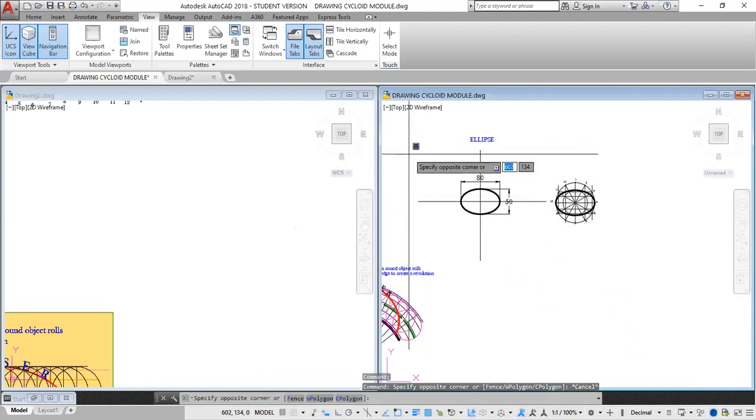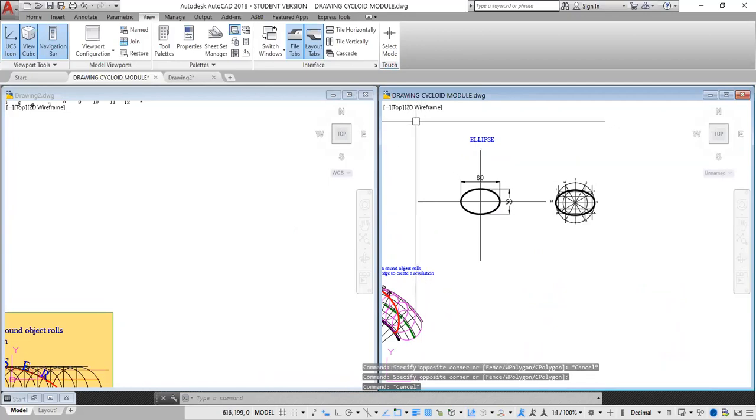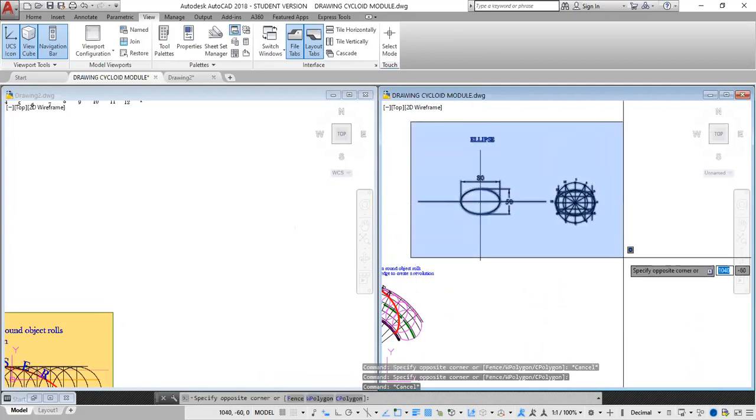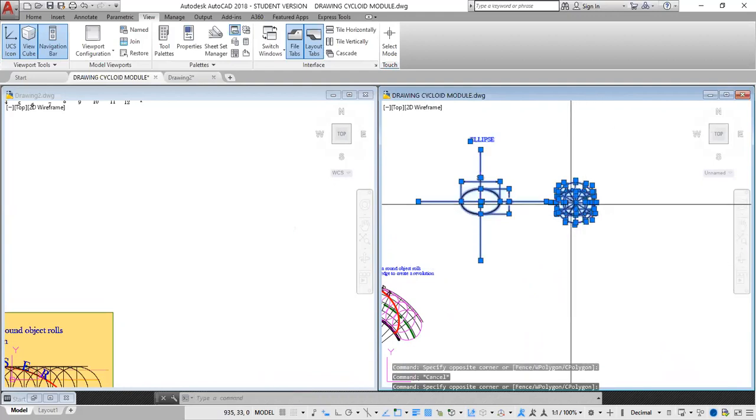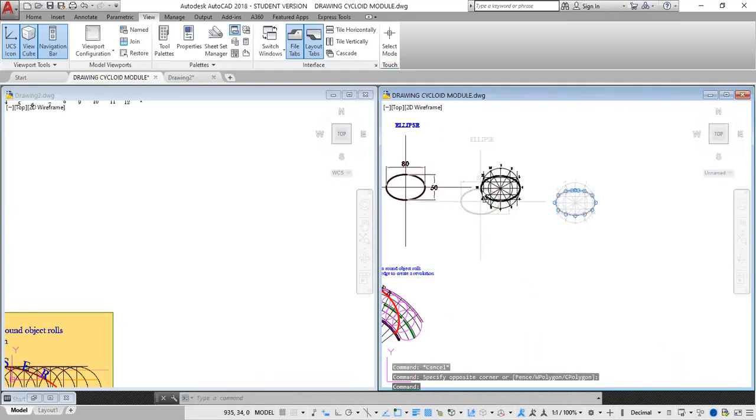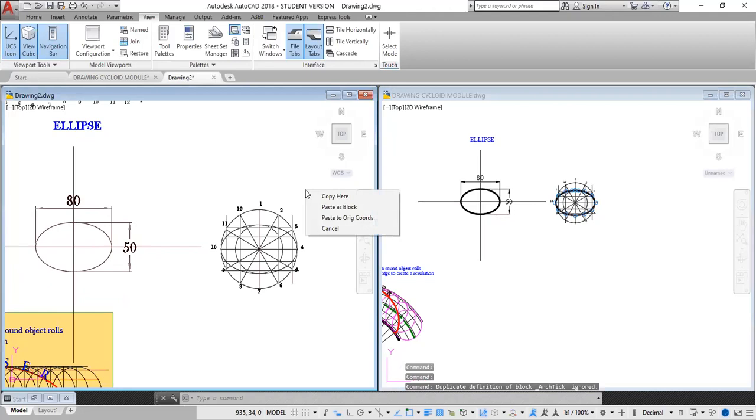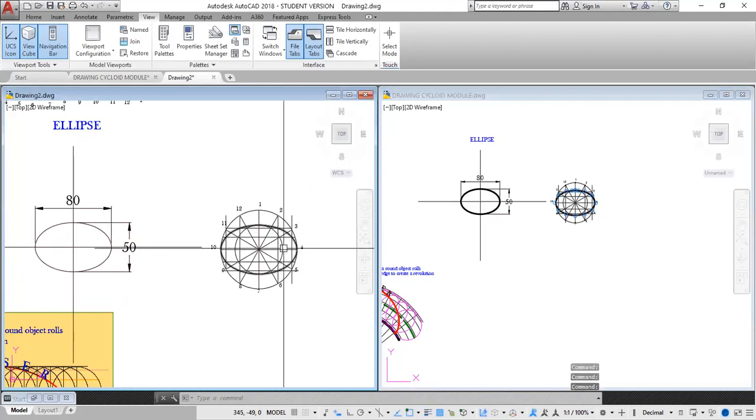Next, I click what I want to move. In this case it is my ellipse. Click there, highlight, right click and hold, go across, paste to that location. All right, so everything there will be moved to the new